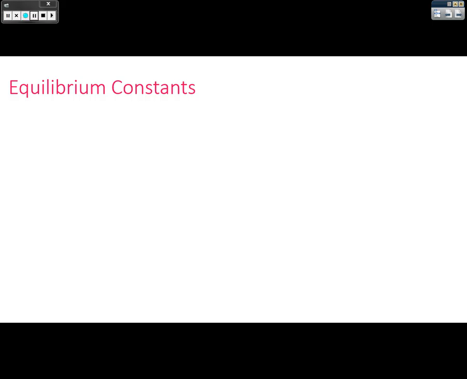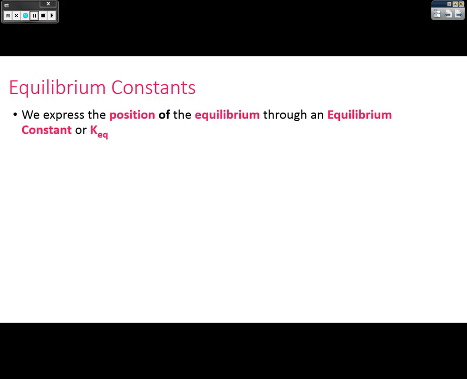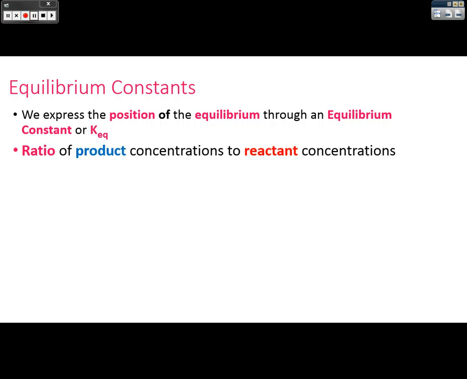Now, because we talk about equilibrium, and it's kind of a cool thing, we like to have a way to discuss it. And so we talk about it in terms of something called the equilibrium constant. This is a way for scientists to express the position of the equilibrium. We call it the equilibrium constant, or KEQ. And it's about the ratio of the product concentrations to reactant concentrations. So if I have a reaction of aA plus bB going to dD plus eE, where lowercase a is talking about the moles and uppercase A is talking about the compound,